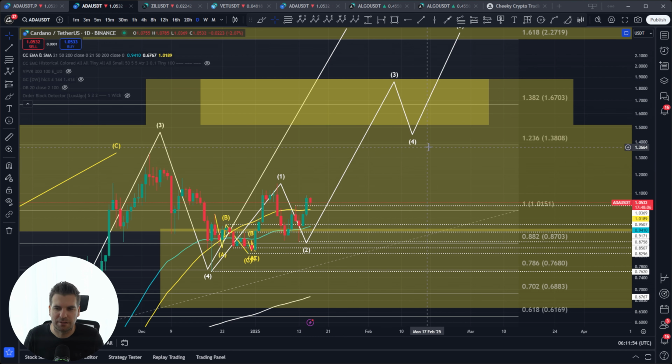But of course, Elliott Wave is a complicated subject. You'd have to do the research to fully understand exactly what I'm talking about, which is why I put together the whole